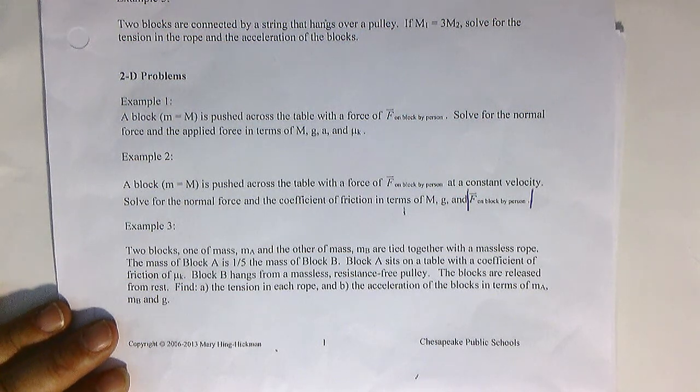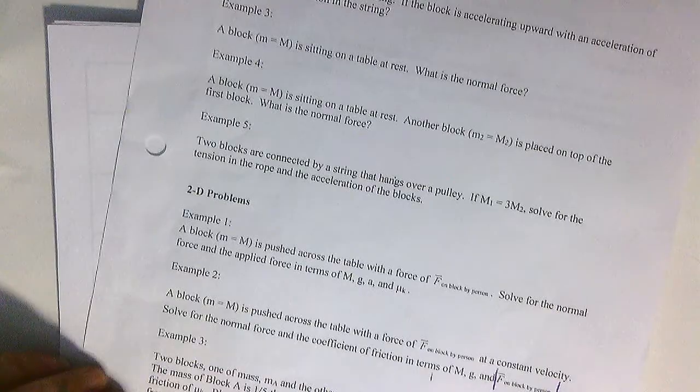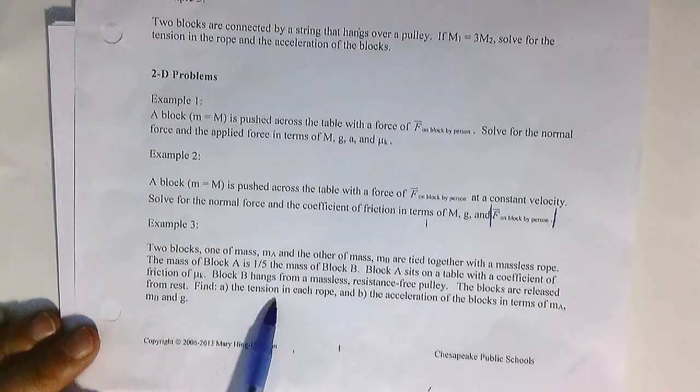Block B hangs from a massless resistance-free pulley. That's important for us to know. The blocks are released from rest. A, find the tension in the rope, and B, find the acceleration in terms of the masses and the acceleration due to gravity. Now, this is actually the same as example 5, except we're adding a horizontal direction to one